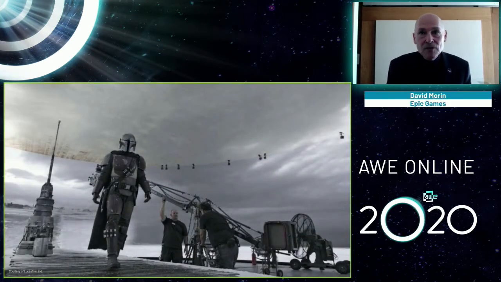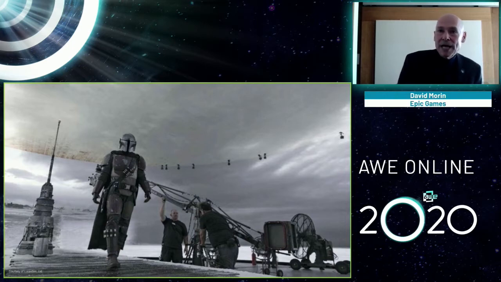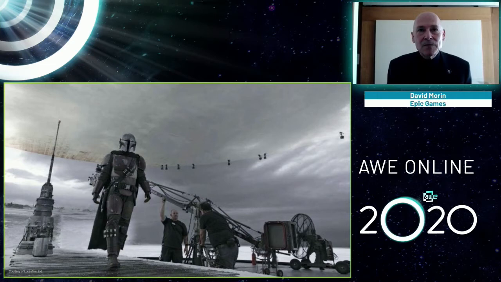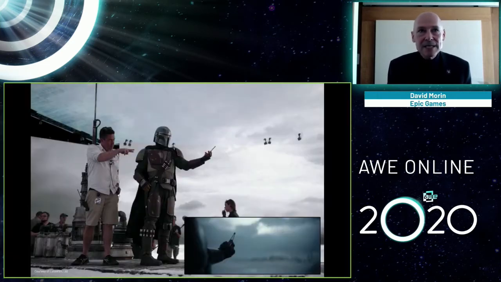In this view, from the first episode, we see the motion capture cameras at the juncture between the video wall and the ceiling. They are capturing the real camera so that we have very precise information about where the camera sits in space. Here we see the co-producer Greg Fraser working on the opening shot for episode 1 with Pedro Pascal, the Mandalorian. Note again the motion capture cameras on the ceiling and the final view in the picture-in-picture.